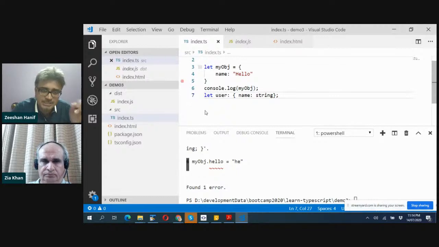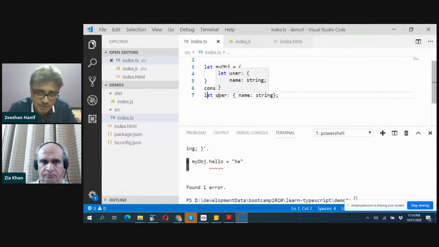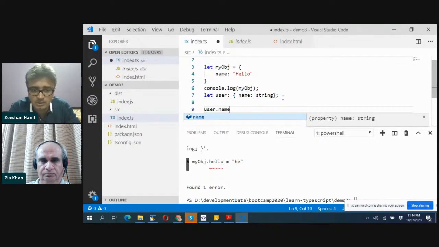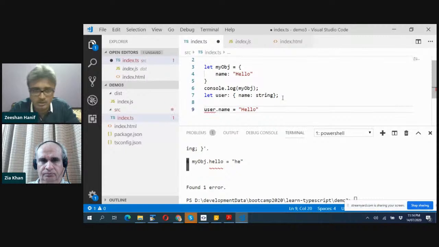What I'm doing is creating an object. It's just a declaration. I have created a user object, and it can accept one property, name. User.name equals hello, or I can do user equals